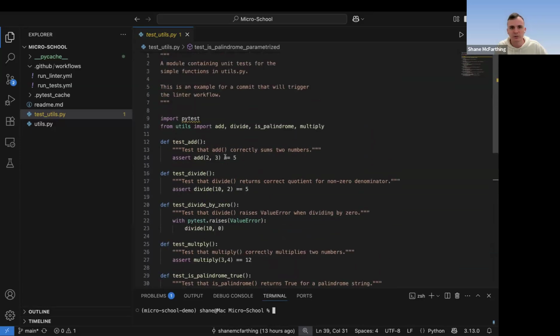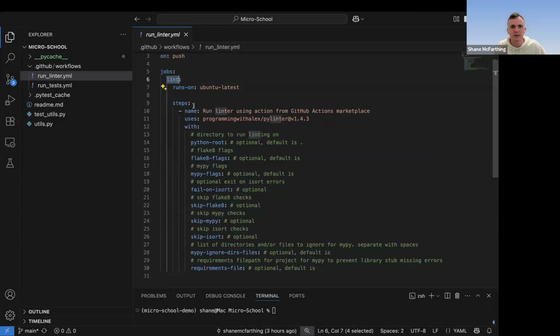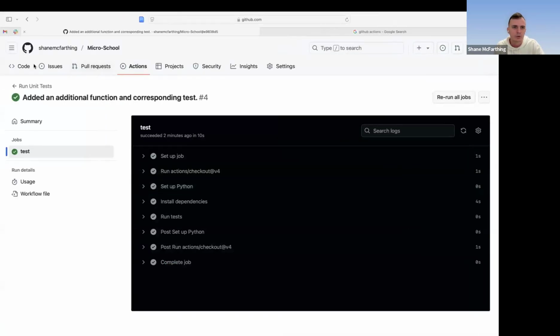Another useful thing that you could do is you could lint your code. Like I mentioned, linting is useful for making sure that you're following correct syntax. I've defined this workflow called run linter on Python files, and this one runs on push. So if you push a commit to the remote branch, then this workflow will be triggered. It contains only a single job called lint, and it has a single step. And this step is to do linting using another predefined action, but it's one that a user on GitHub has defined. So the way that you can find these kinds of actions is if you go to your code,